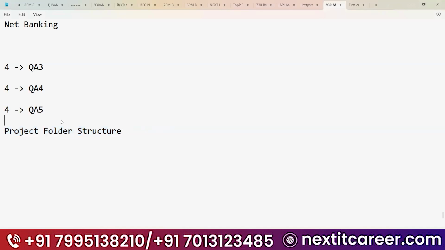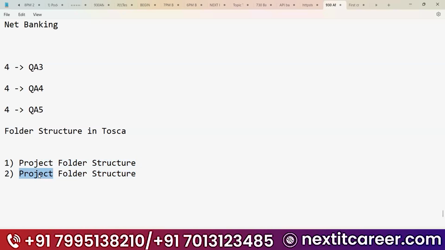First of all, we will learn what the folder structures in Tosca are. Generally, you will maintain 3 folder structures in Tosca. One is the project folder structure, the second is the modules folder structure, and the third is the test case folder structure.